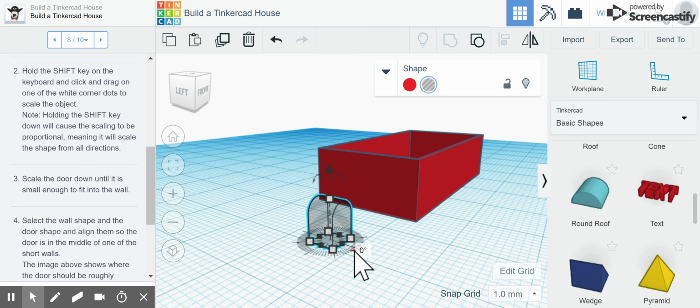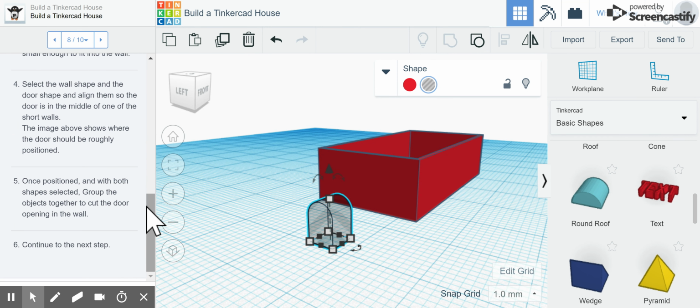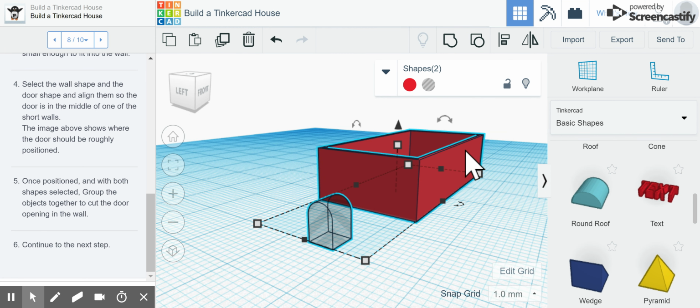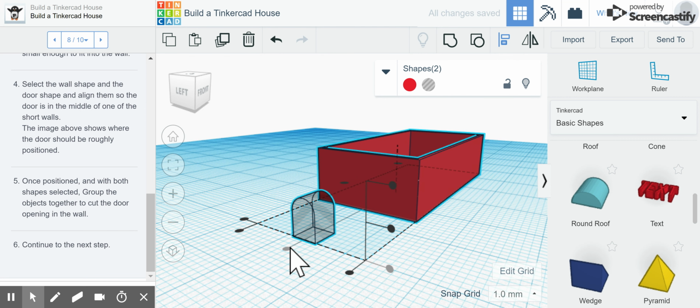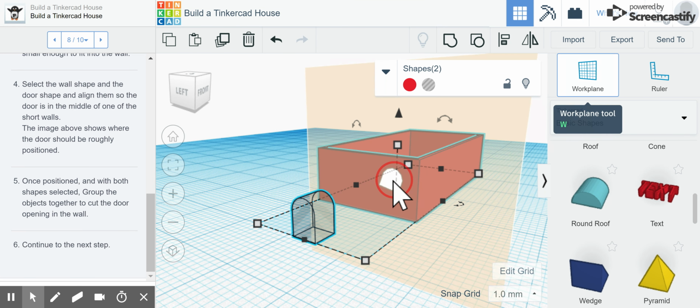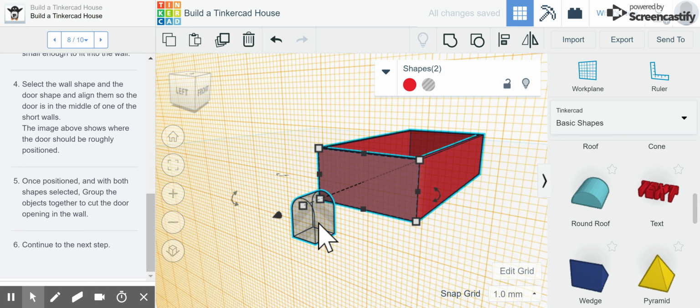So I'm going to use this arrow down here at the bottom. If I click on it and I type in 90, it's going to rotate it exactly 90 degrees the other way. And then if I align my door with my house, I can hold my left click button down and select both shapes at the same time and use my align tool again and center it in the middle of my house. And then I can also drag a work plane and align it with my house here